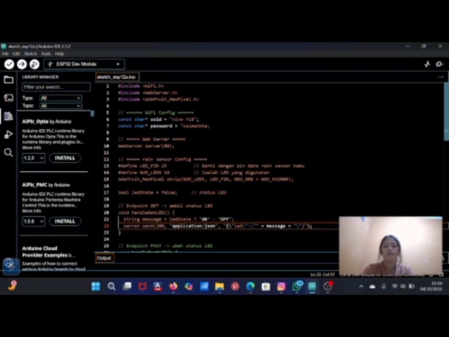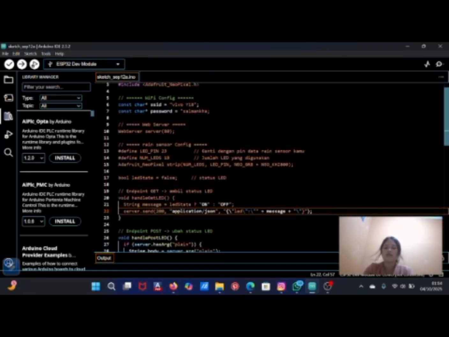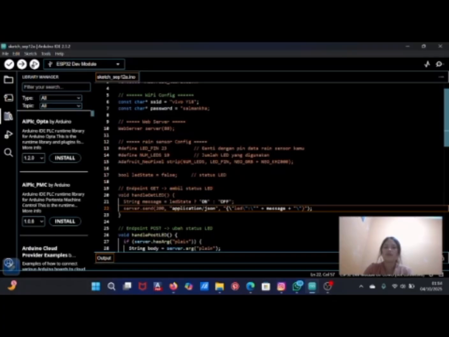After that, we define the Wi-Fi configuration by writing down the SSID and password of the network we want the ESP32 to connect to.